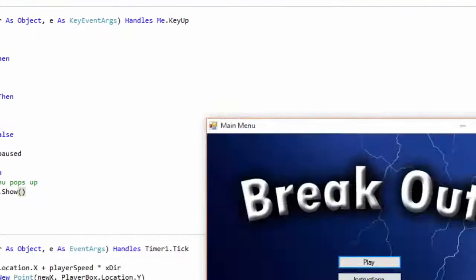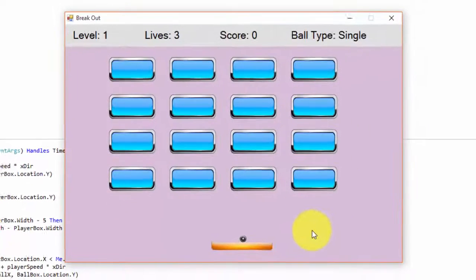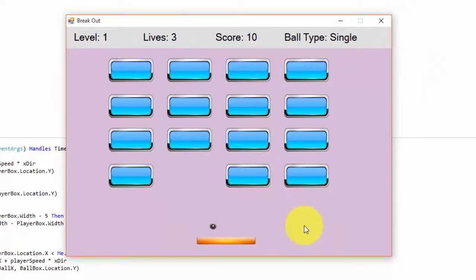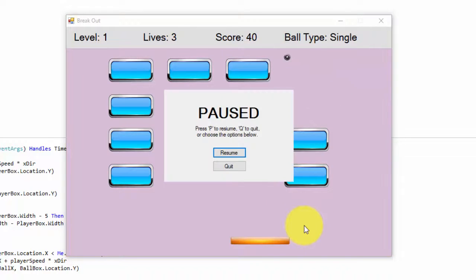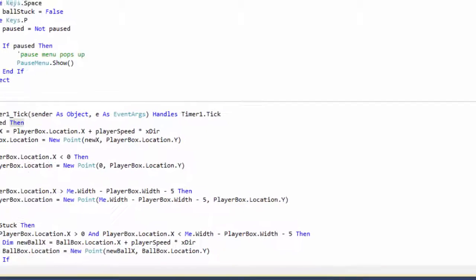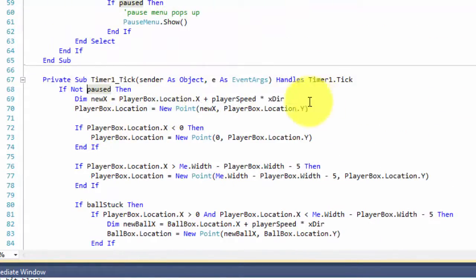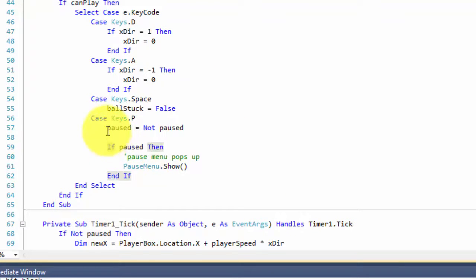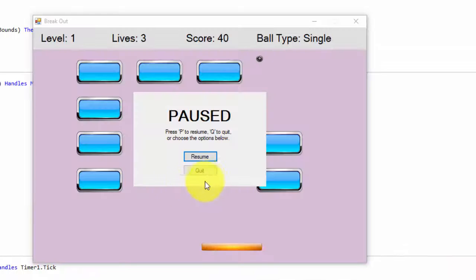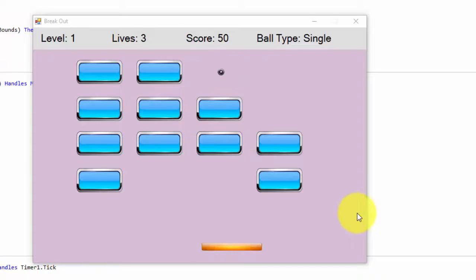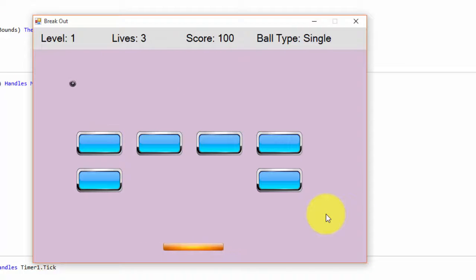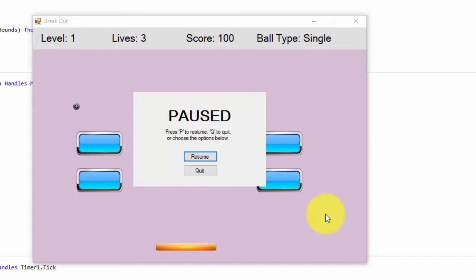Let's play test this, see if it works. So we're going to play our game. I'm going to hit P for pause. Notice it paused the game because in our timer tick event, if the game is not paused, it's going to run all this code. But as soon as you hit the P key right here, it's setting paused to true because it's the opposite value. Now if you hit resume,